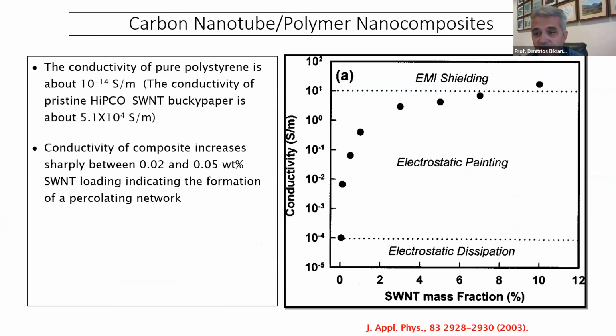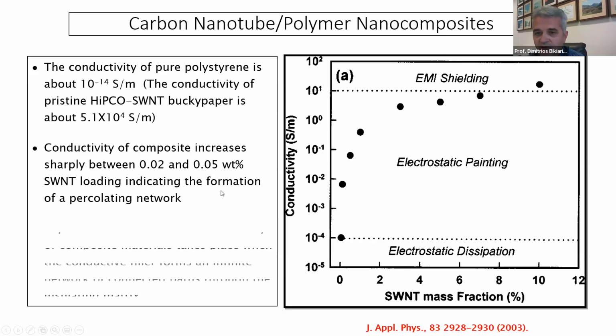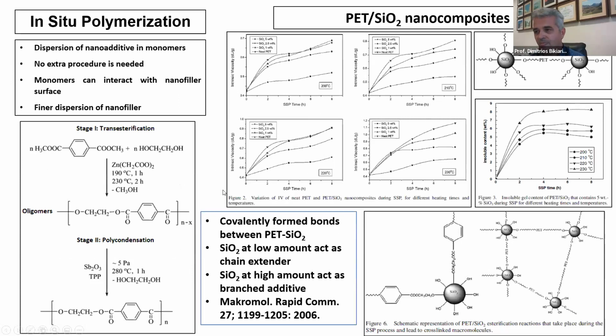From this fine dispersion, we can enhance not only the mechanical properties, but also other properties like conductivity, which is very important. So we can see here an example of polystyrene, also using single-wall nanotubes, that the conductivity of this nanocomposite was substantially enhanced using only 0.05 weight percent of carbon nanotubes. But as I said, there are many disadvantages because we need to remove the solvent, recover it, and